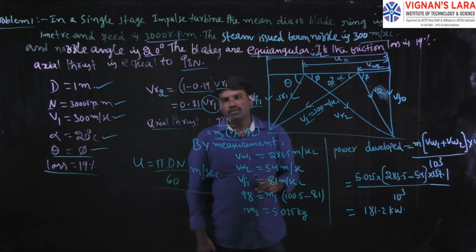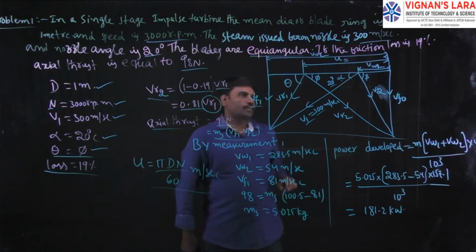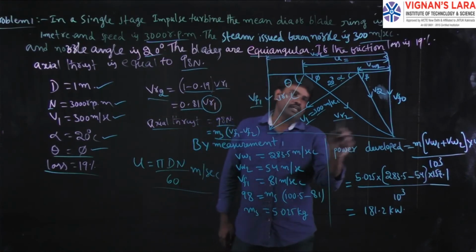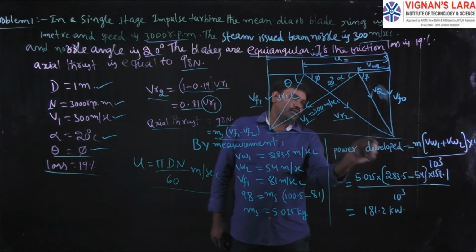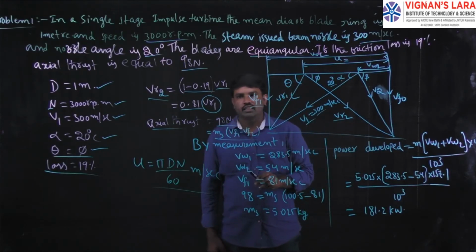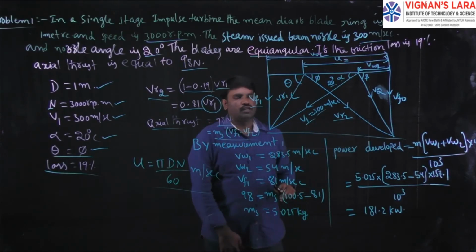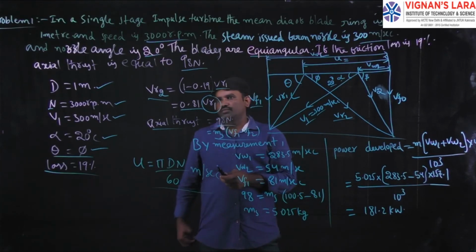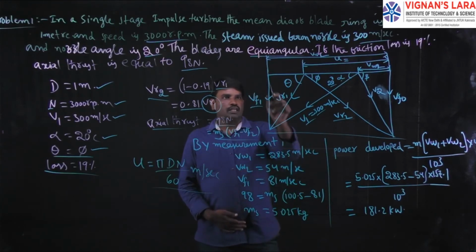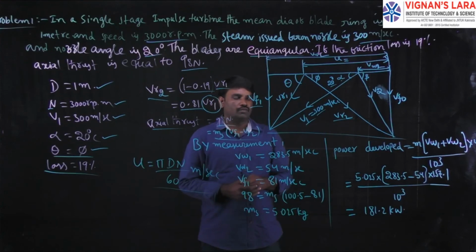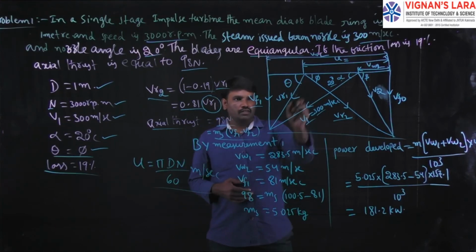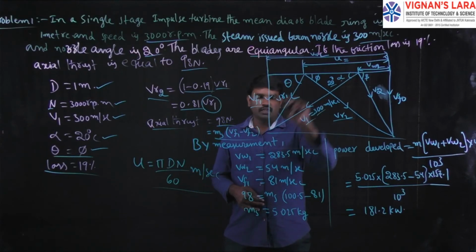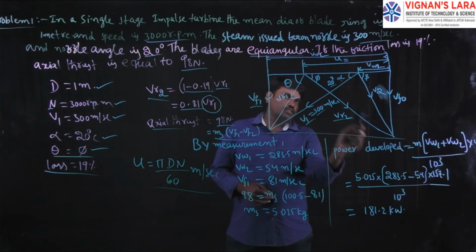Later you know the value of Vr2. Okay, Vr2 line, the length of the line, how much length we have to maintain, that is 0.81 into Vr1. Vr1 is the known value. From the inlet velocity triangle, after completion of the Vr1 length of line you can measure, and from that measurement of line you can draw this Vr2 line.